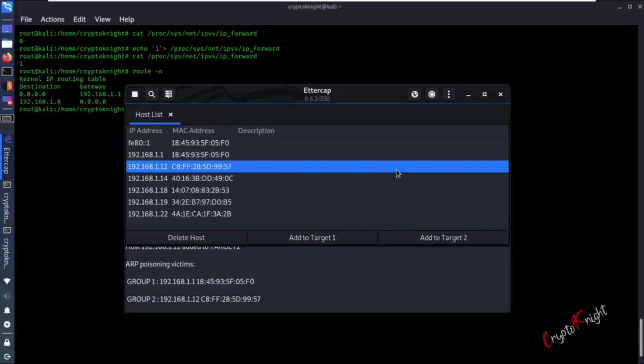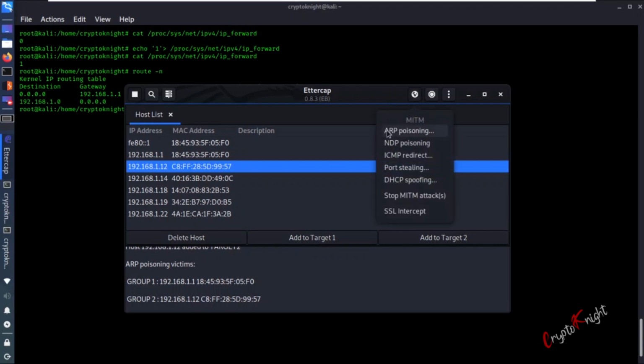Someone in an interview might ask you what is ARP? What is ARP poisoning? So you have the knowledge. You are not just limited to knowing how to use the tool. You will be able to explain what actually is happening in ARP poisoning, how a man in the middle attack is done. Alright, so let's move further.